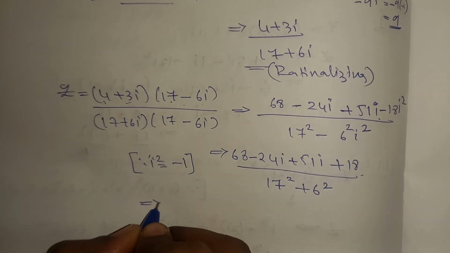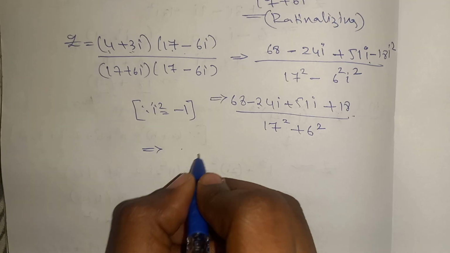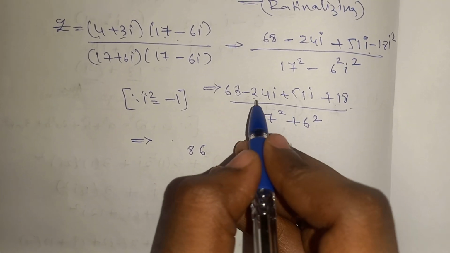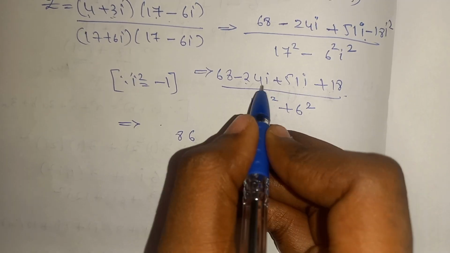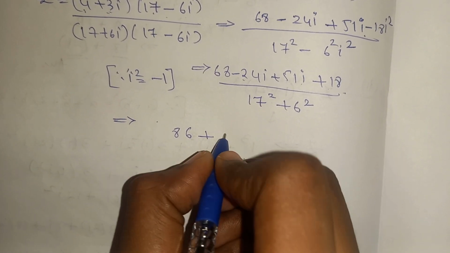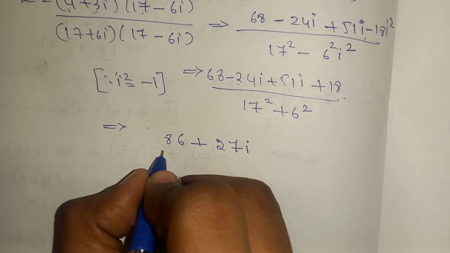Okay, now this is equals to 68 plus 18 is nothing but 86, and here minus 24 plus 51i is there. So we'll subtract this, we'll get a positive sign here, and if we subtract we get it as 27i by